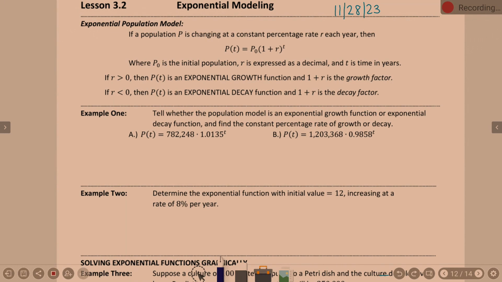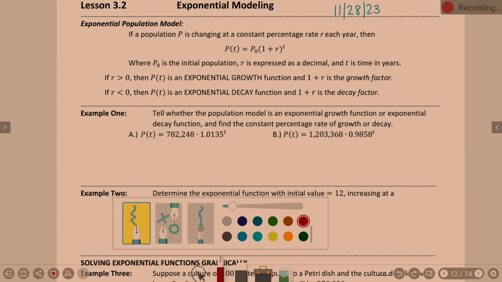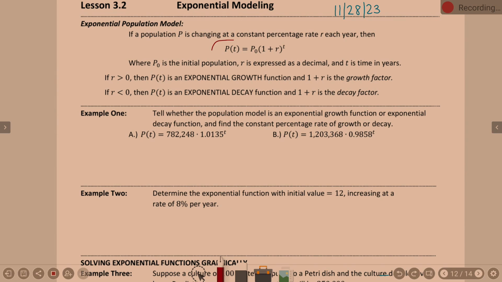So continuing along the exponential function path, today specifically exponential modeling. Looking specifically at the idea of growth and decay. There's a couple different forms we could look at this equation in, but when we talk about the exponential population model, one of the forms is right here: if a population P is changing at a constant percentage rate, R, each year,